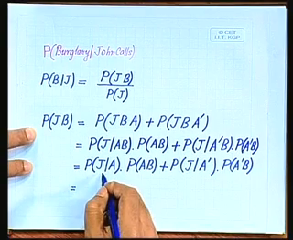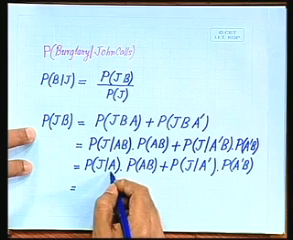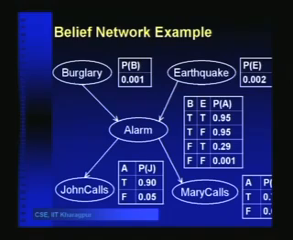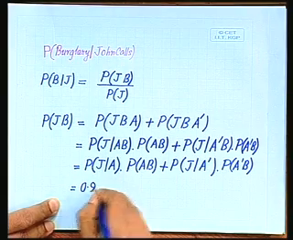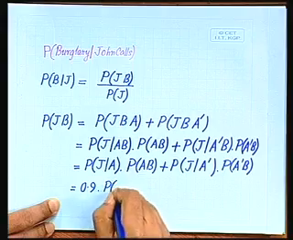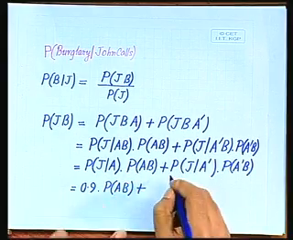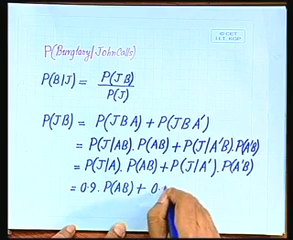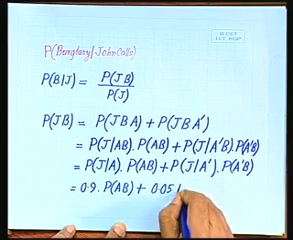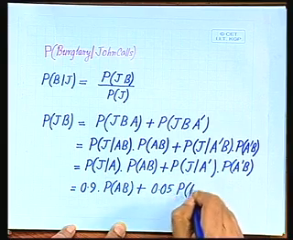Now, this I can get from the conditional probability table. P(J|A), if you look at the belief network, is given as 0.9, and P(J|A') is 0.05, right. So this is 0.9 times P(A,B) plus 0.05 times P(A',B),